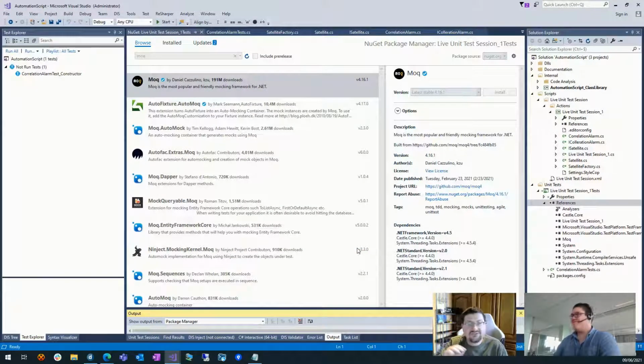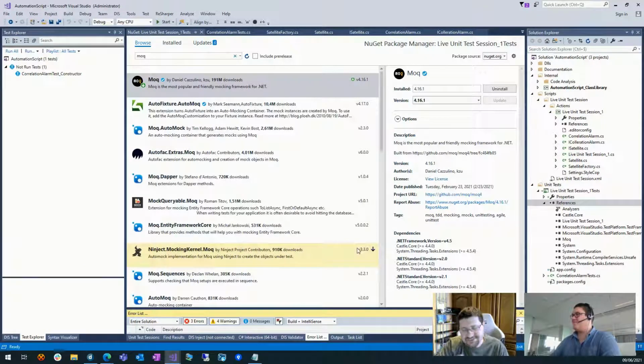Excellent. So the astute amongst you will have noticed that engine is not an interface. And when it comes to mocking, pretty much every rule you read everywhere says, if you want to mock something correctly, it's going to need to be on an interface. Now, we live in a world of legacy code. There it is, legacy code. And we do have an iEngine, and you can adjust your automation script to, instead of using engine, using iEngine, but that has a minimum DataMiner requirement.